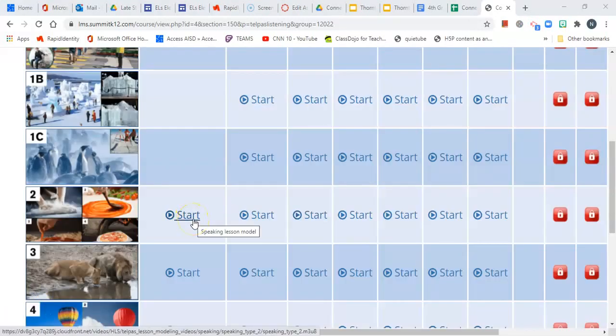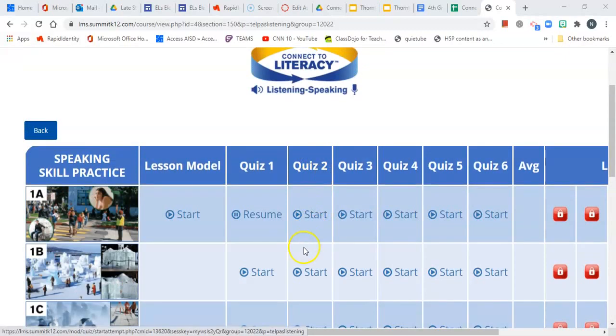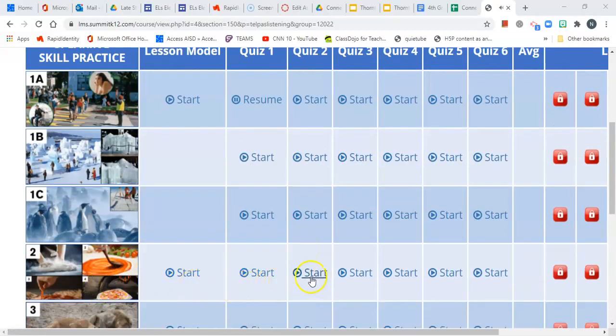Following that model lesson, you will complete quiz 2, type 2. So you'll click